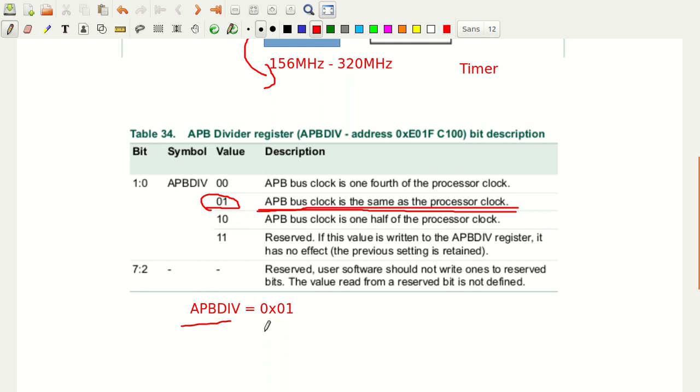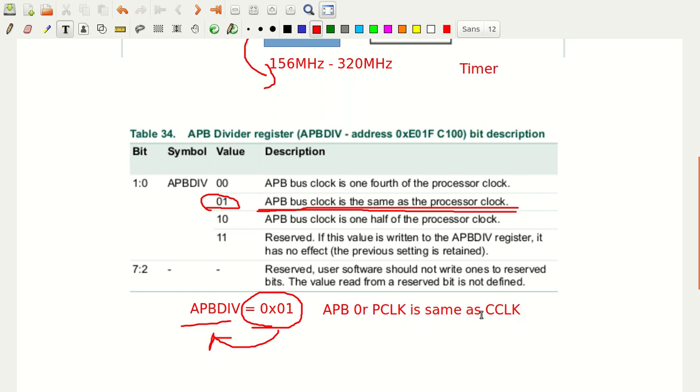So if I put 0x01 into the APBDIV register, the APB clock, or PCLK, is the same as CCLK.